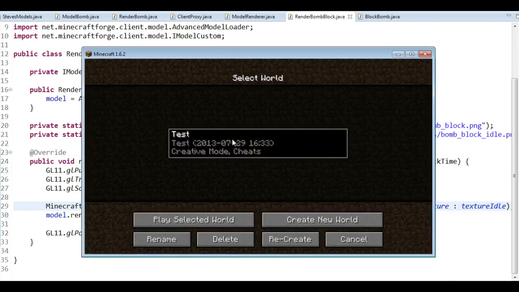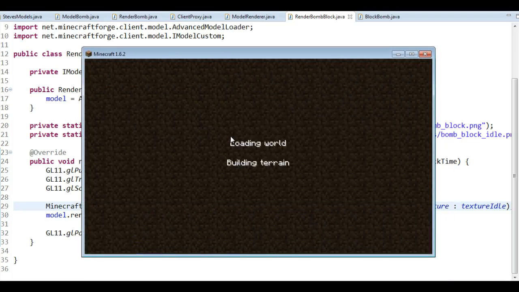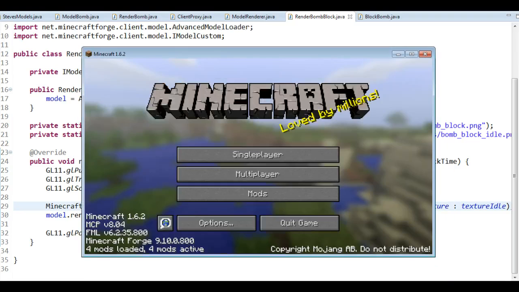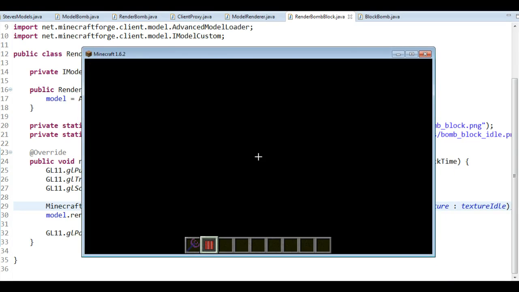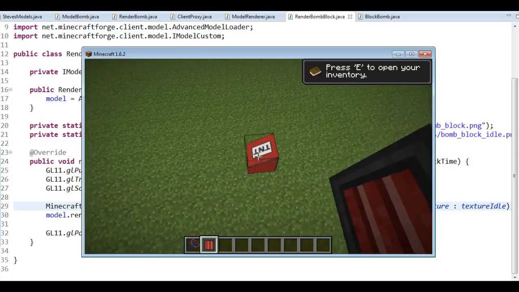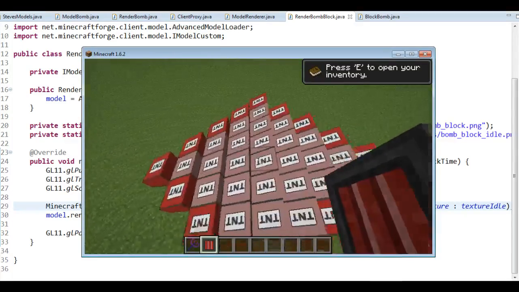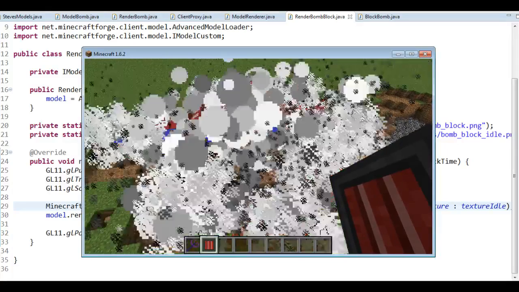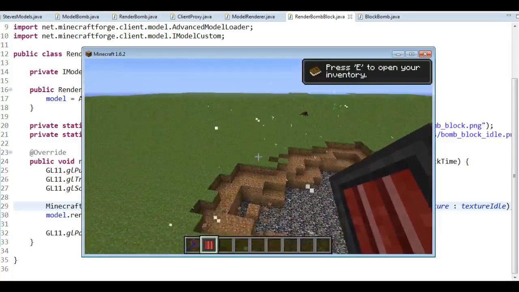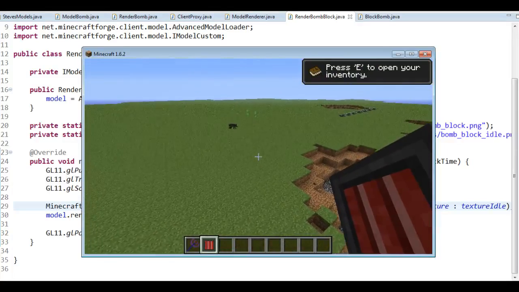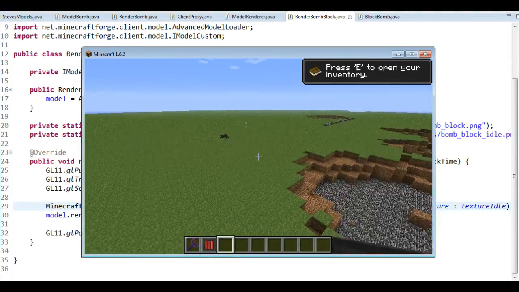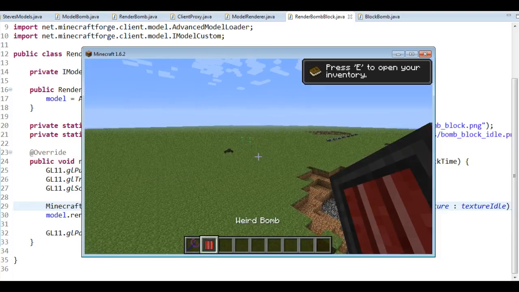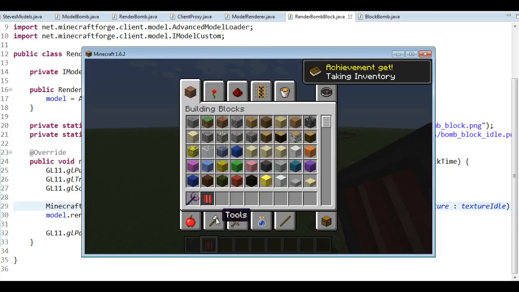Like that. And now if I place it, we can see that when it has spread, the inner ones are changing to the outer texture, and then everything is going to be like that. So as we can see, it renders it properly, but we still have one thing left to do, and well, you might take a look at what I have in my hand. It's still the weird bomb icon, the top icon there,